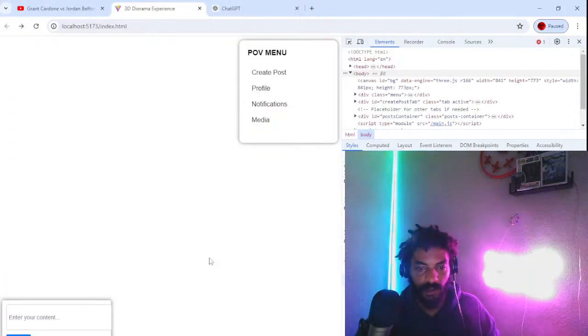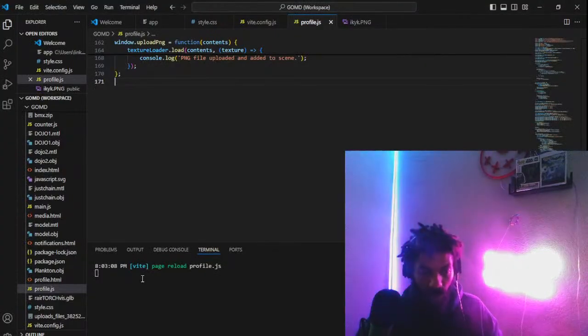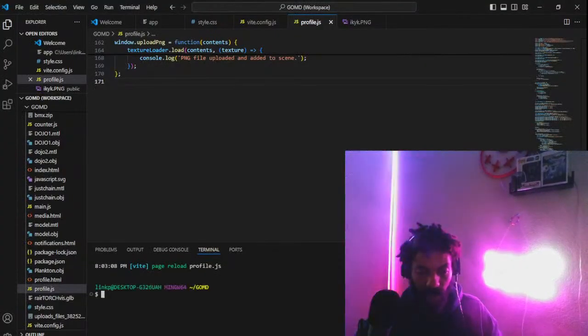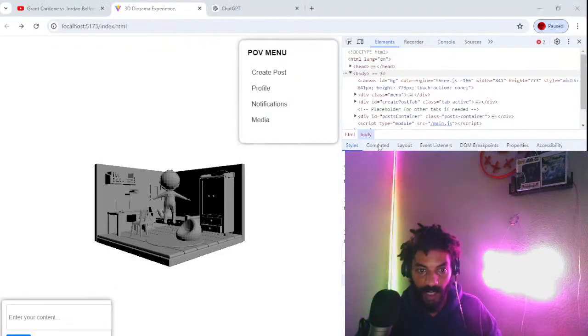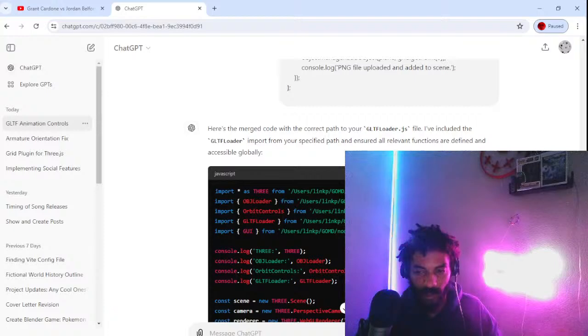Let's go to regular page. Let's just kill it right now. So I'm killing my server right now, guys. And what I'm going to do is I'm just going to exit that completely. What I'm going to do is I'm going to pull up Blender. And what I'm going to do is